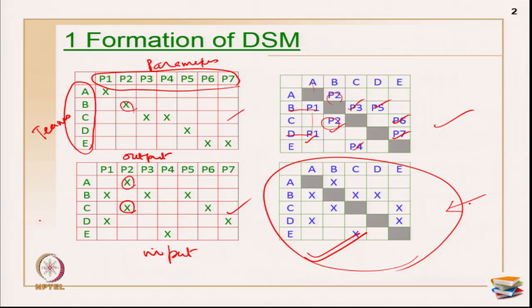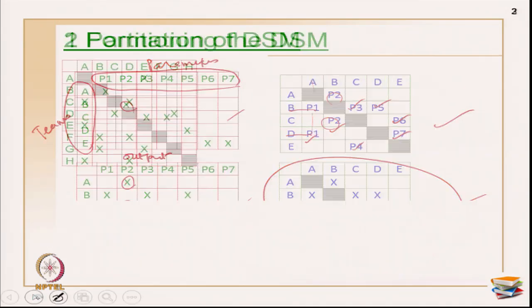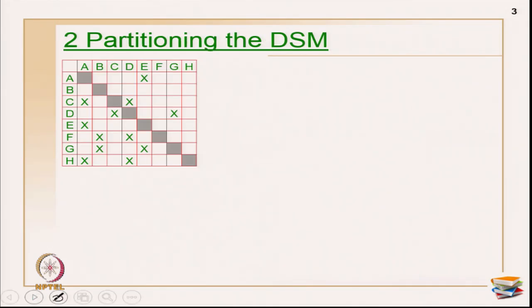Okay. Suppose you are very comfortable in understanding the whole project. This is primarily on the formation of the DSM. The basic operations in DSM: number 1 is formation, number 2 is partitioning. We will see the partitioning in the second step. This is a generic example I have taken. I have done the formation using any of the methods I am comfortable with, as discussed in the earlier slide.